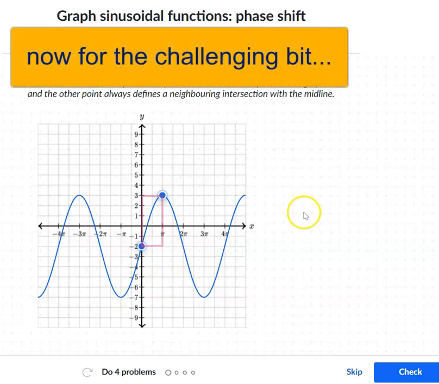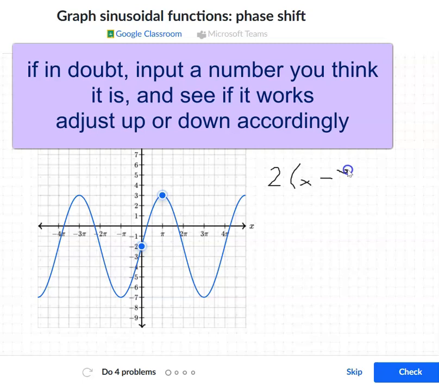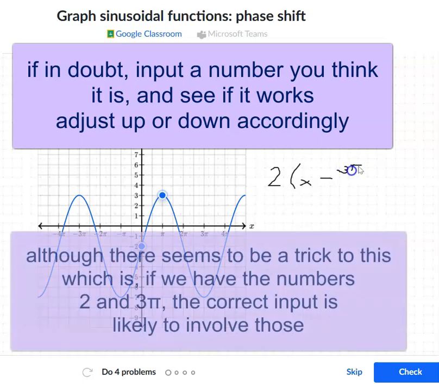Now for the somewhat tricky part, we know that the phase is 2x minus 3 pi. The first part to answer here would be, what number do we need to multiply by 2 to get 3 pi? Well, it's 1.5, right? So that'll be 3 pi